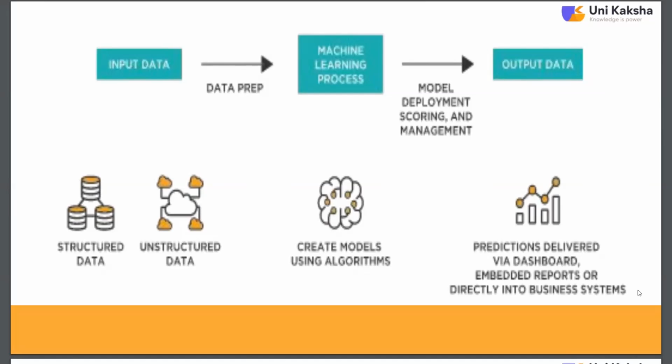The rows and columns are structured, labeled data, and unstructured data means that data is not labeled. While I'm talking about labeled data and not labeled data, it also means having structured data and unstructured data. In databases we have different kinds of variables, like a dependent variable and an independent variable.